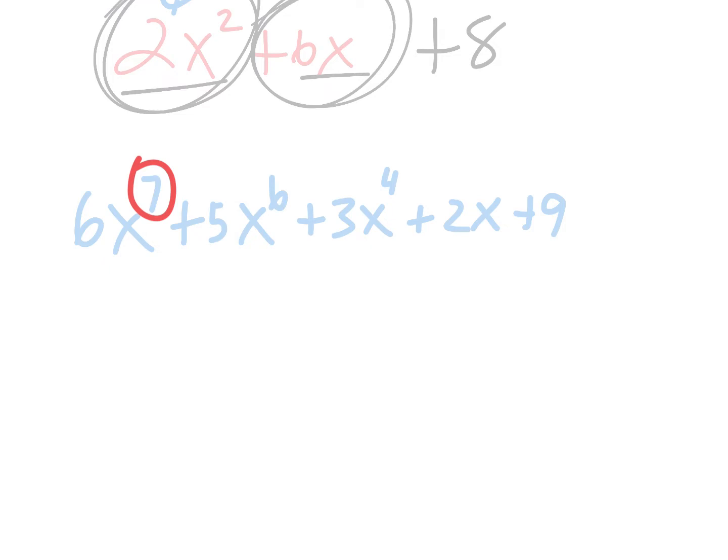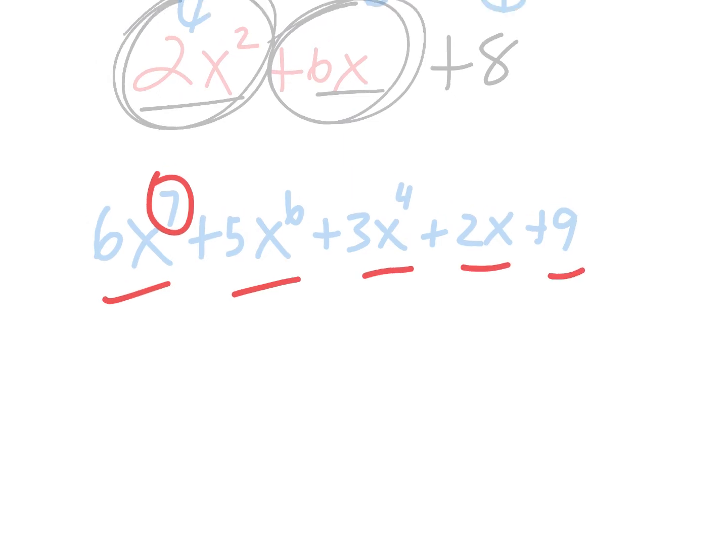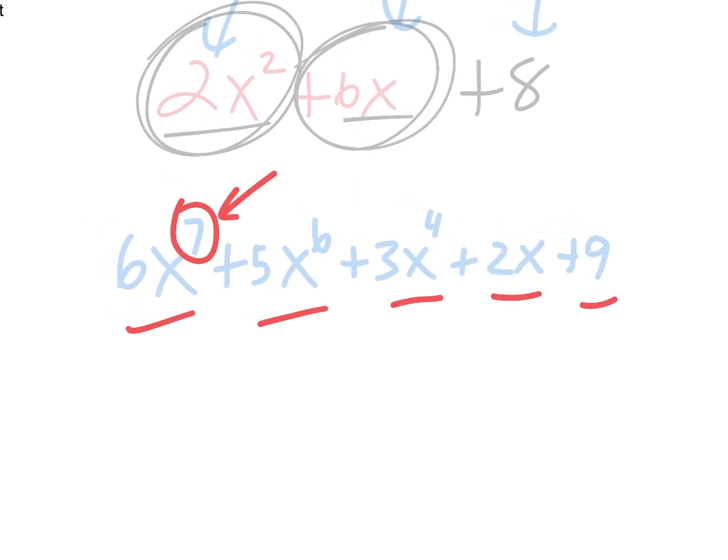Do you remember that the degree is the biggest one you have? You don't add them all up. It's just the biggest power that you have. Okay? So this has 1, 2, 3, 4, 5 terms. And the biggest power is a 7, so it's degree 7. And last thought,